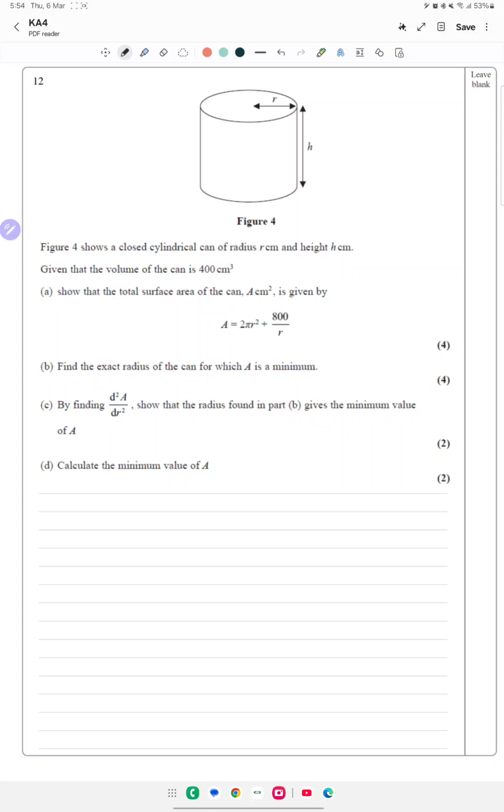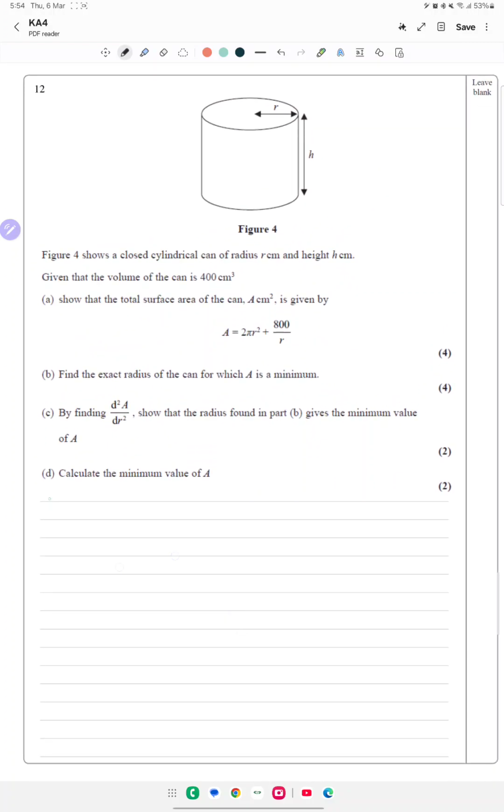Find the r value or x coordinate of a stationary point. Prove it's a stationary point that you need, minimum or maximum. And then find the actual value. Sub it back in to get the y coordinate. So it's find the coordinates of a stationary point and determine the nature. That is parts B, C and D summarised. So part A,